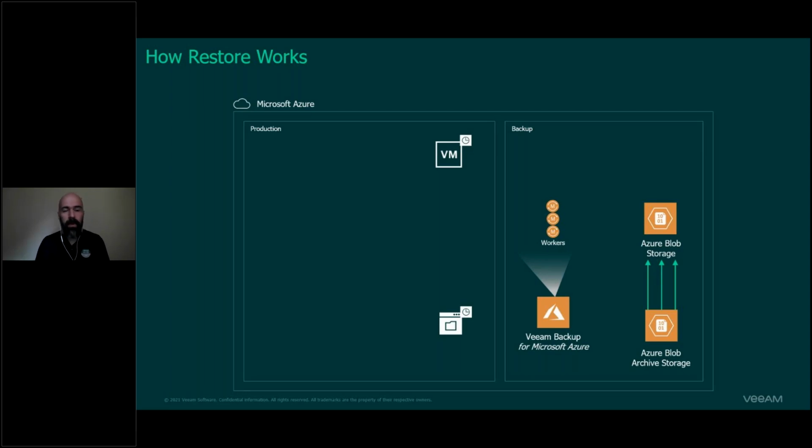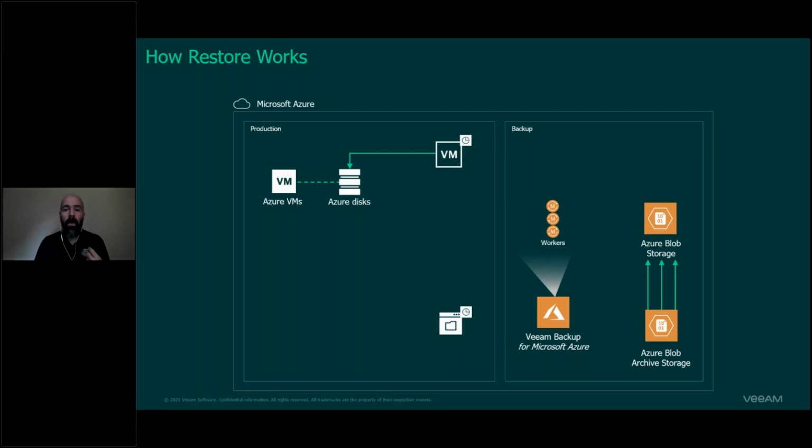We can do the recovery in place, or we can do the recovery in another account, or connected to another virtual network, so in another place, for example. When we restore from the snapshot, that's pretty simple. It's basic API calls to Azure. We're just sending the commands to create the disk, create the VM and attach that disk